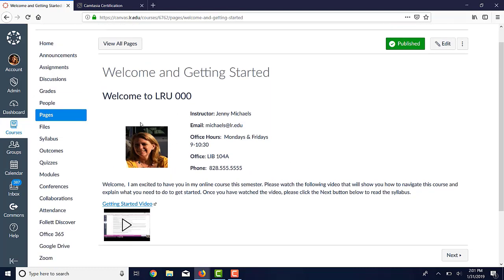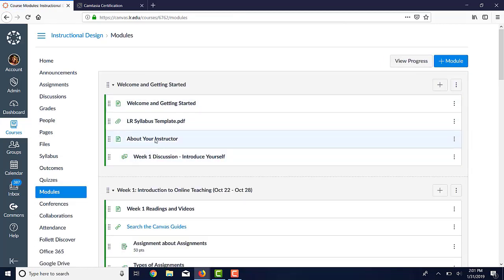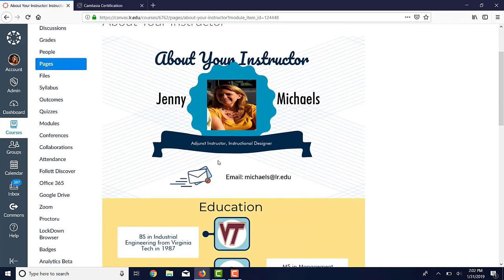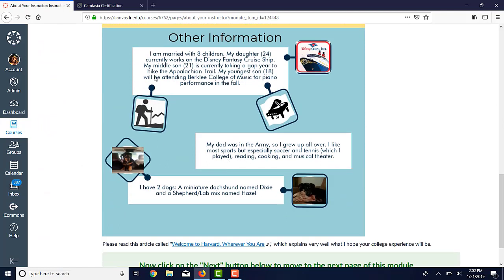And then I have one other page that I want to show you that you could think about doing, and that is an About Your Instructor page. Here we go. I said this may not be the best example because it may seem a little intimidating, but I used PictoChart to make this. It's like a little infographic, and it just lets me be a little creative. So it has a picture of me, it has my contact information, has my background information,